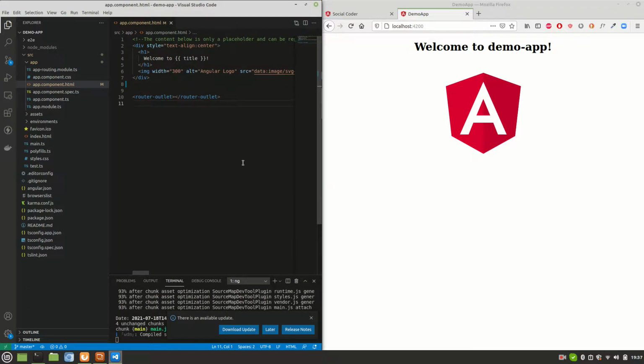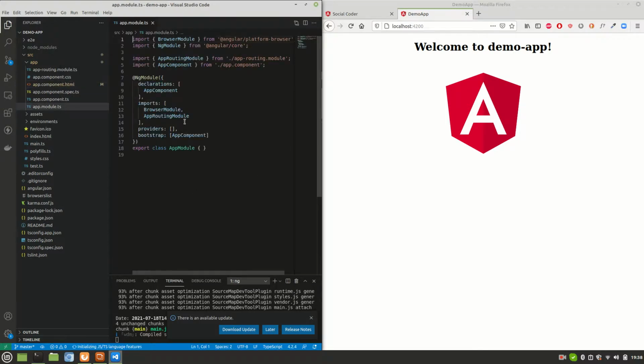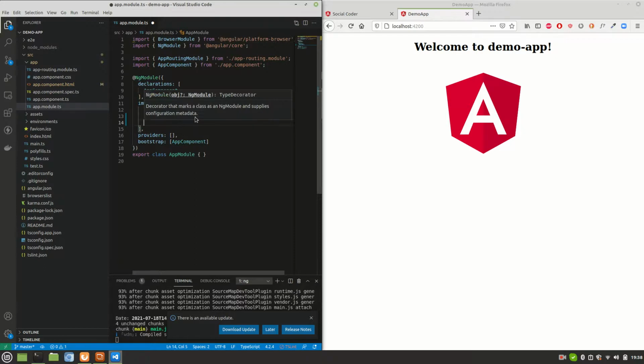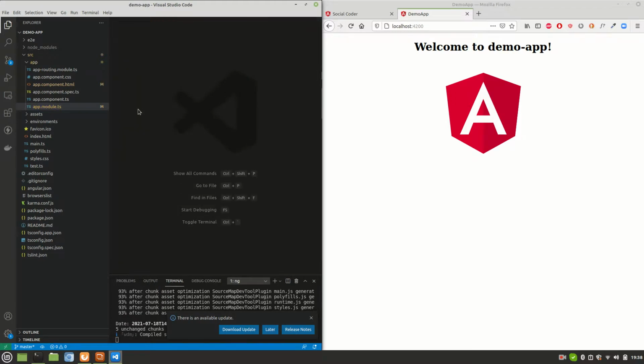As I said already, ngModel belongs to a module called FormsModule. So first thing first, we have to import FormsModule in our app.module.ts. Let's close this. There is one module called app.module.ts, and inside this, imports. What I'm thinking, let it be like that. Let it complain, let it throw some error, then we'll fix it. I'm not adding it right now. Just forget about this. We'll jump into the code directly.